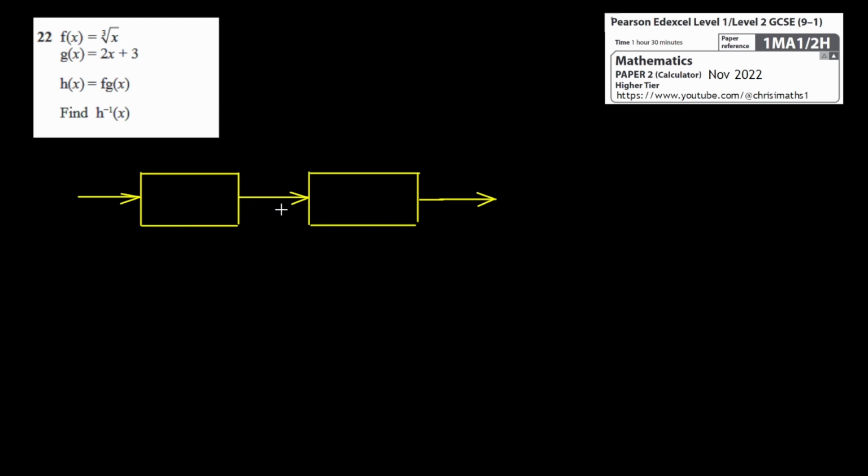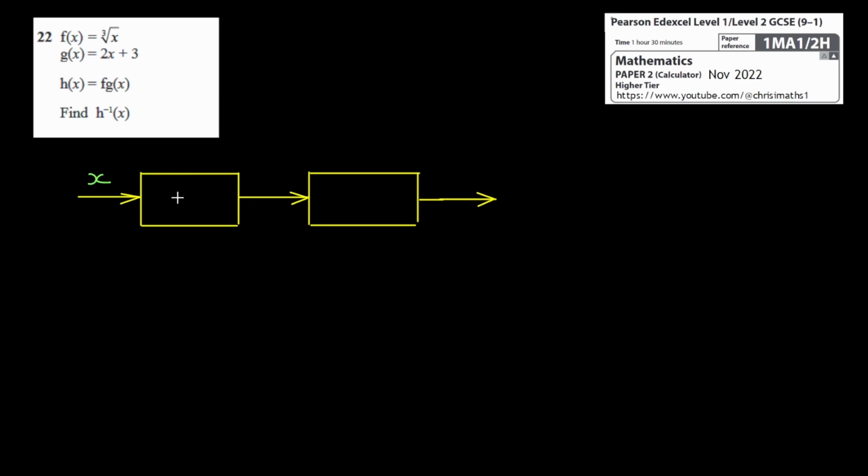Okay, a functions question. We've got two functions, an f and a g function, and we're asked to find h(x), which is fg(x). It's always quite good to draw a diagram. Now, h(x), which is the combination of the f box and the g box, means that we put x into